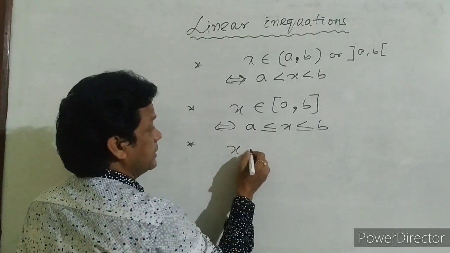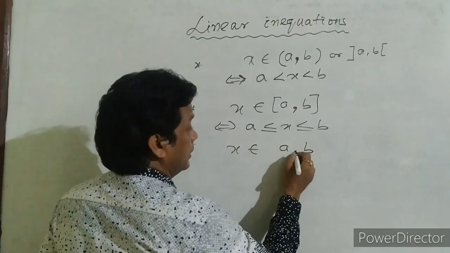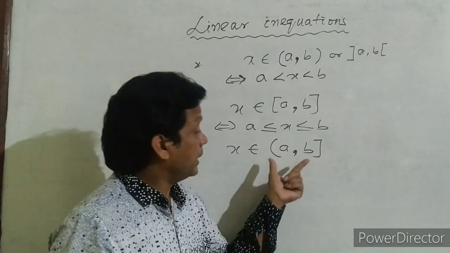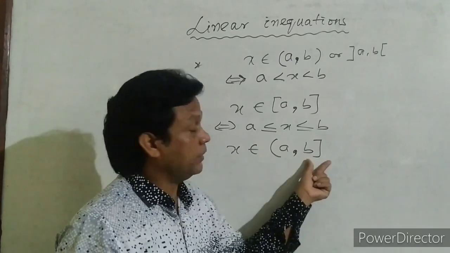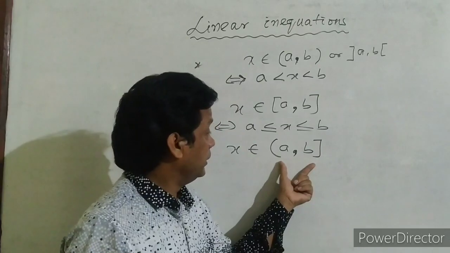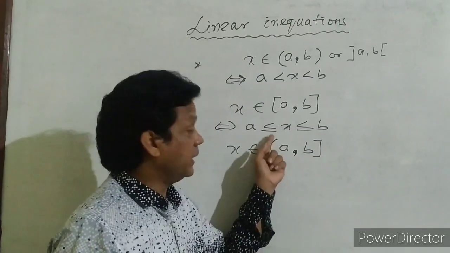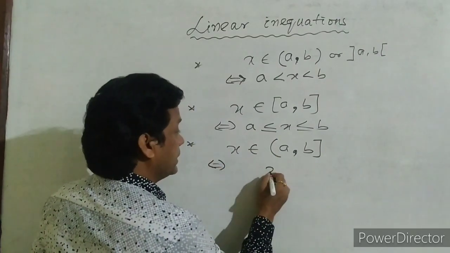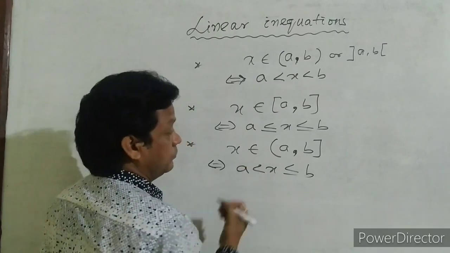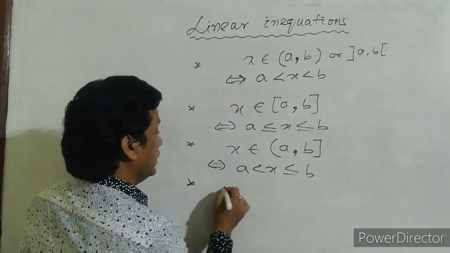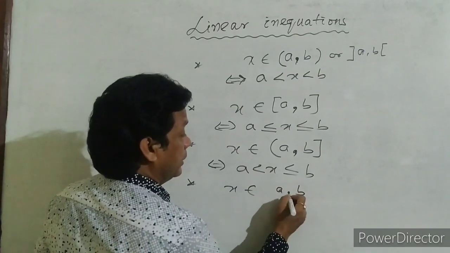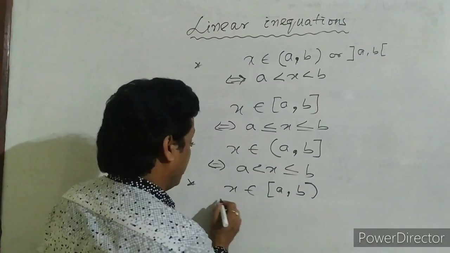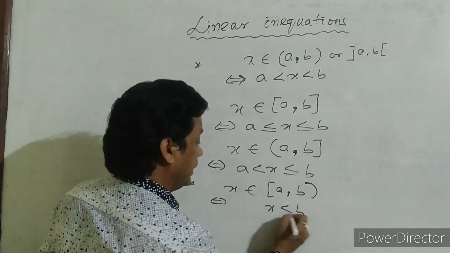And the next one is x belongs to, see here what I am writing, half closed and half open. You can read it like this: left open, right closed. But it will be better if you say semi-open regarding the first one. The meaning of this one is x is less than or equal to b and greater than a. And another one is x belongs to (a, b], right open, left closed, or semi-closed, you can say. The meaning of this one is x is less than b and greater than or equal to a.